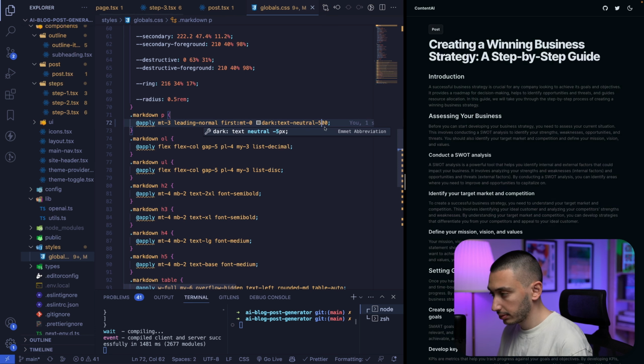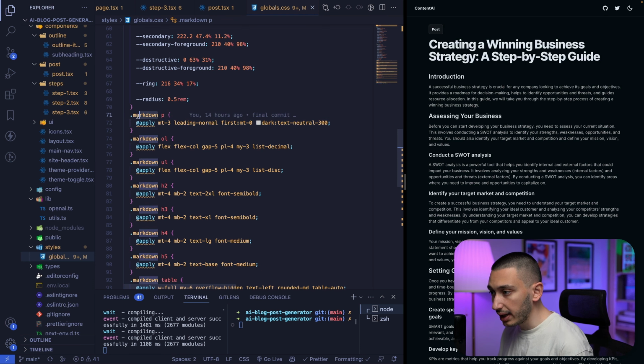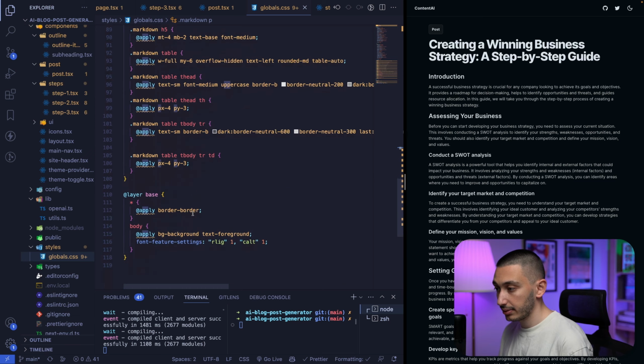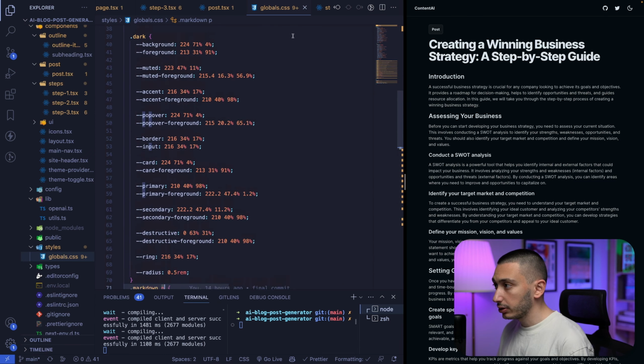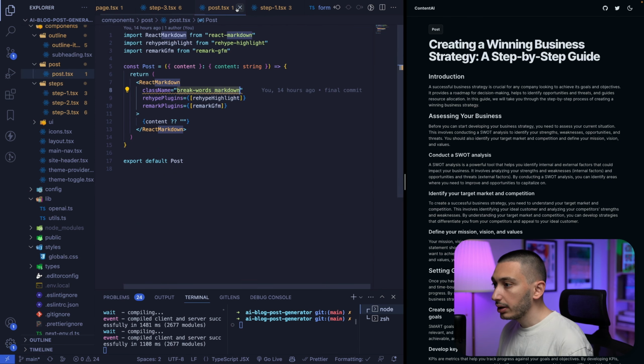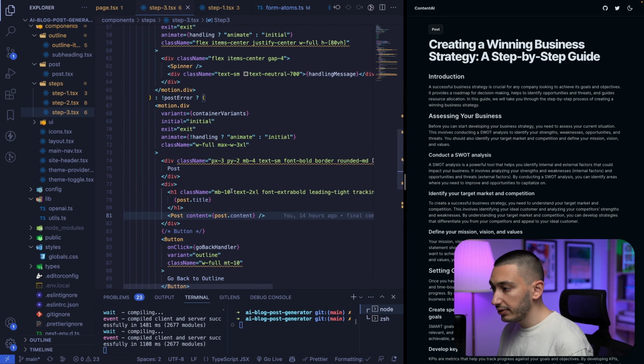Okay? Once you set your Markdown class, with this class you can target your HTML elements inside this class like this. Okay, cool. Now we can return back to our step 3 component,